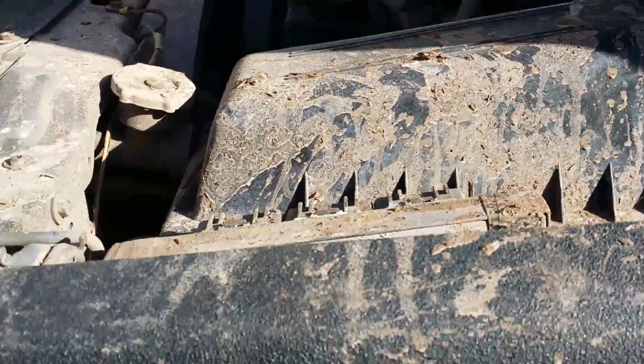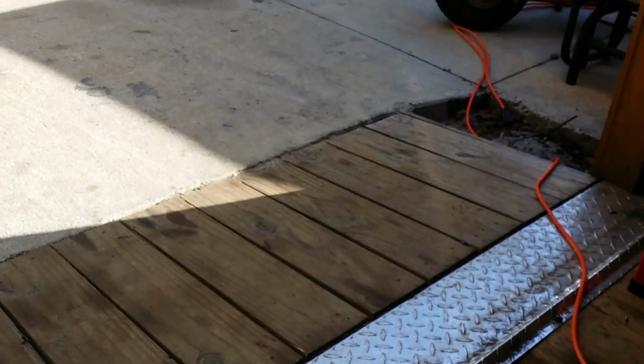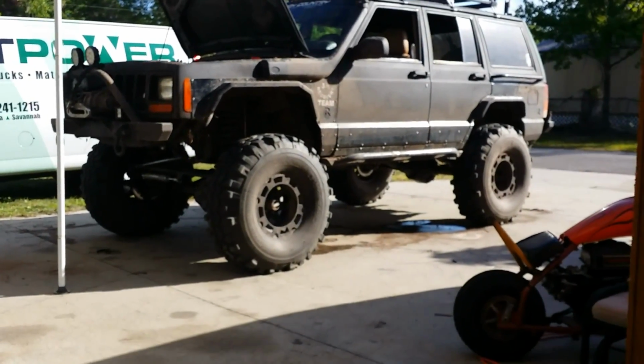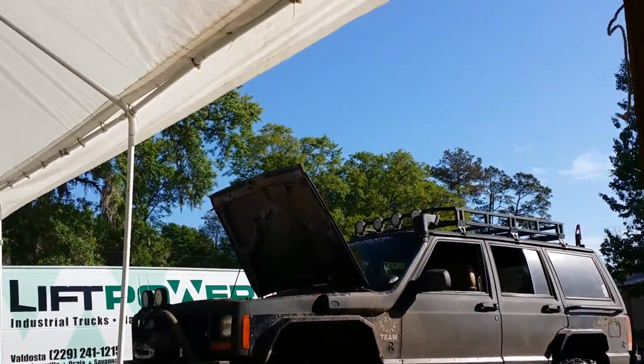But these things can take some abuse. But you can't do what I was doing in that video if you drive your Jeep to work, to school, to the store, to get groceries. None of that. This Jeep is a trail Jeep, and it is a hardcore mud and chip trail Jeep. I like that stuff. I know it don't make no damn sense to want to do your Jeep like that, but